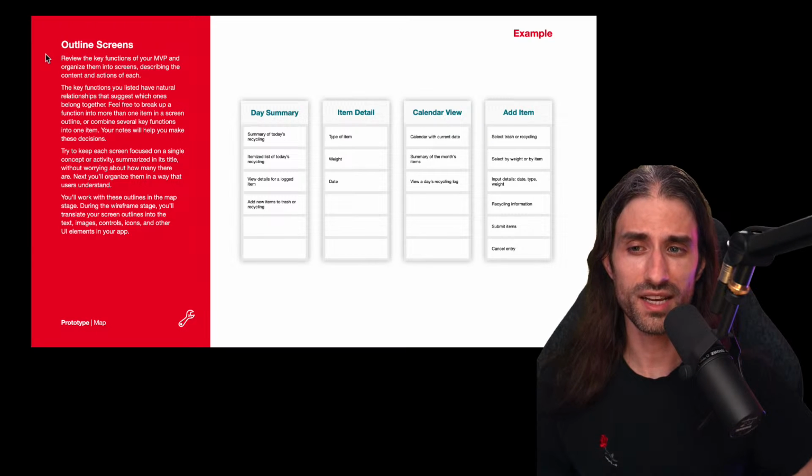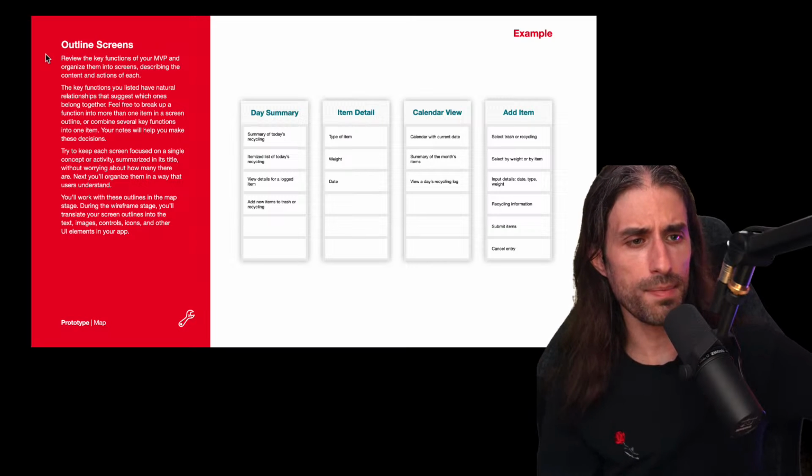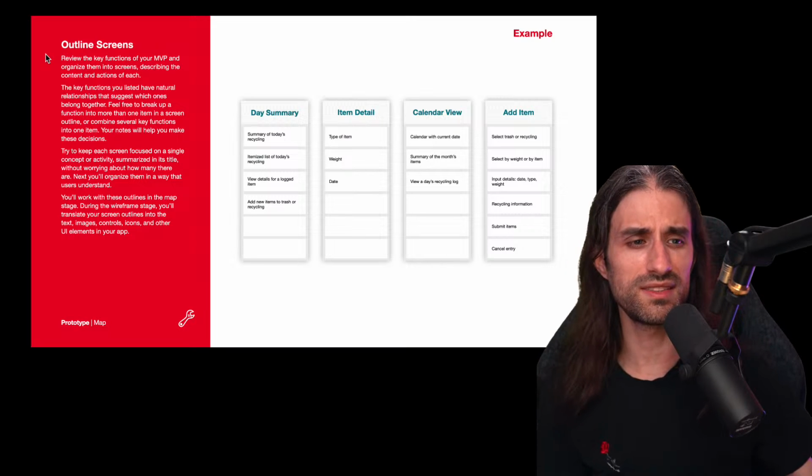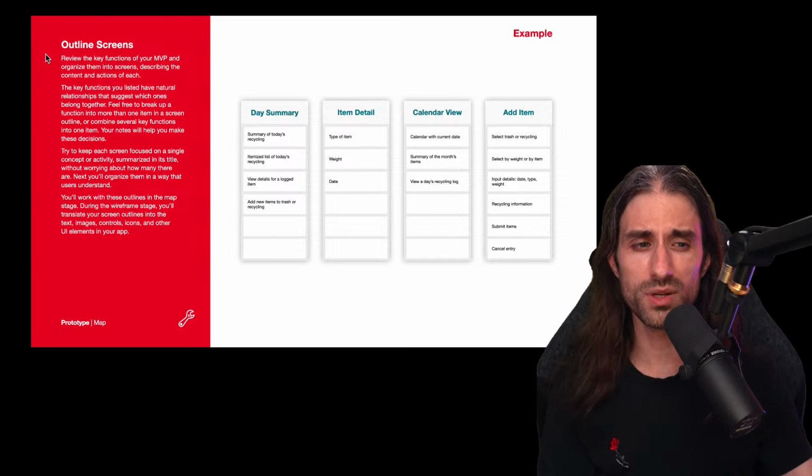During the wireframe stage, you'll translate your screen outlines into text, images, controls, icons, and other UI elements in your app. So it's already a stage where you start to design your app, except that instead of designing by putting text, images, and UI controls, you just design with words, with ideas.